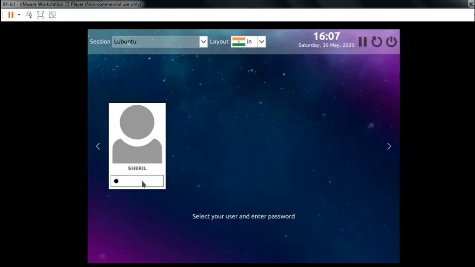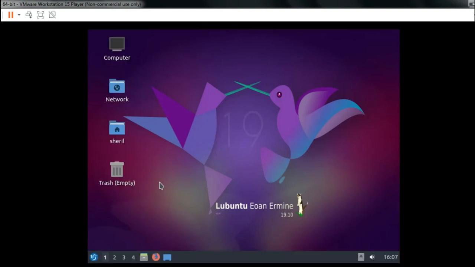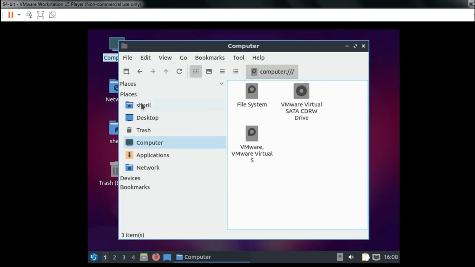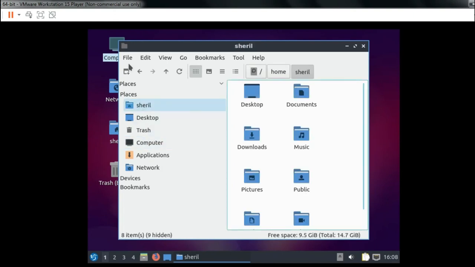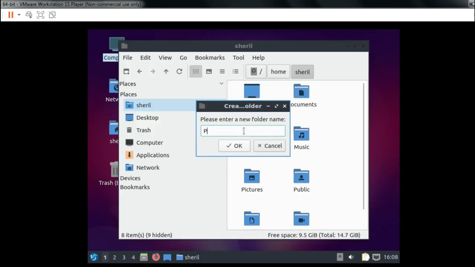Now it's asking you for the password. You enter the password and then click Enter. You can see the operating system on the hypervisor. So you can see the folder Cheryl that you've created. You can create your own folder called Pictures.